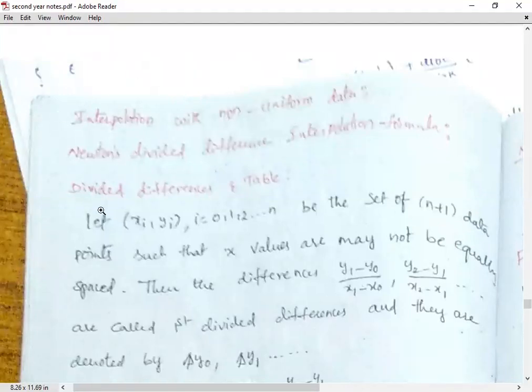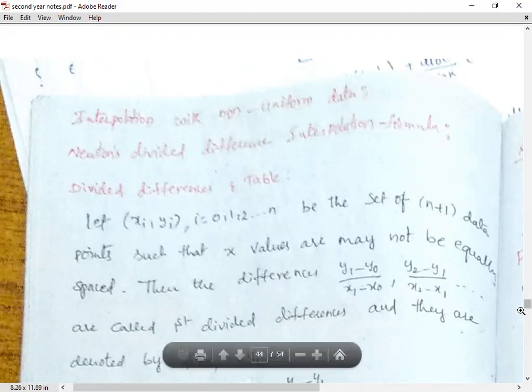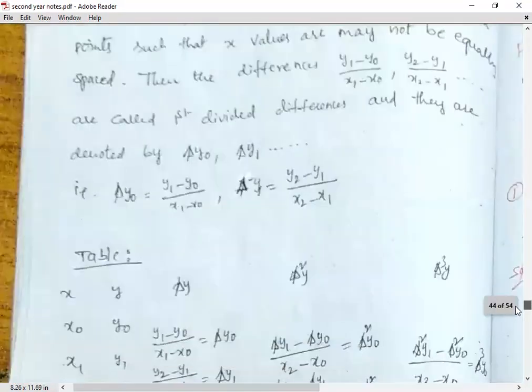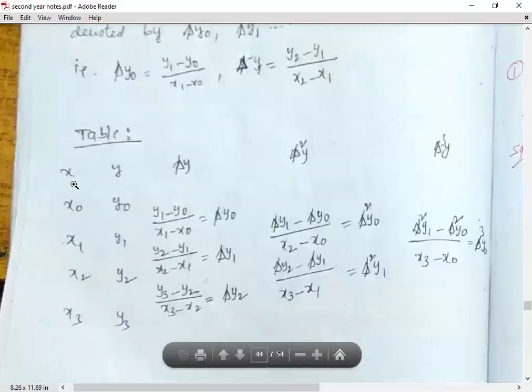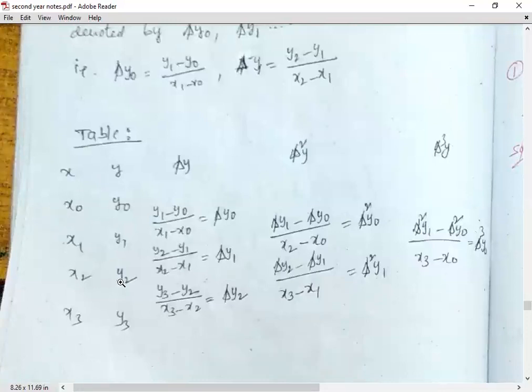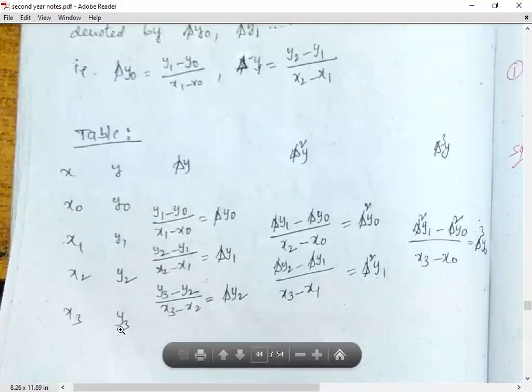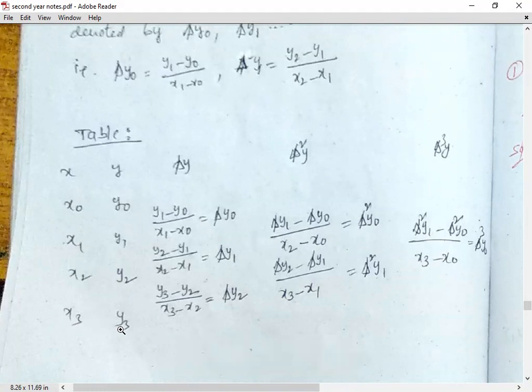Suppose that we are taking n plus 1 data points xi, yi. That is x0, y0, x1, y1 and so on, xn, yn. Then like the forward differences, we can form divided differences and we can write the divided difference table for the given data as below. Let us see that. Suppose that our x and y values are x0, y0, x1, y1, x2, y2 and x3, y3. We have taken 4 data points so that there will be 3 divided differences.